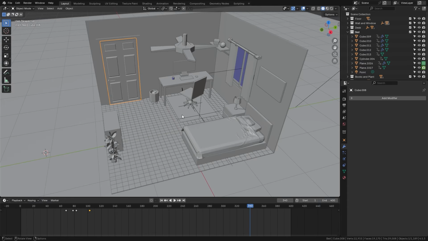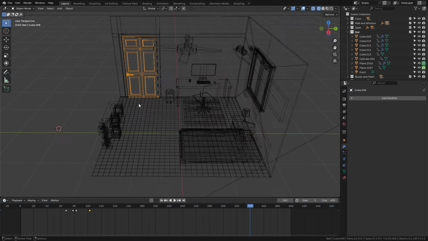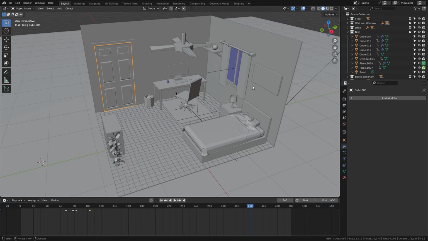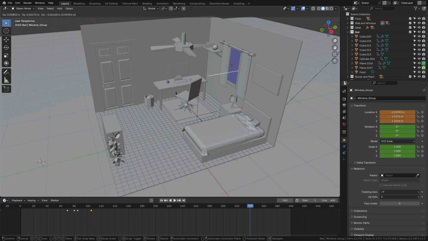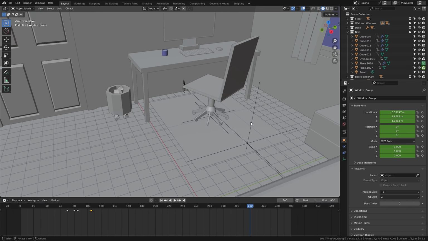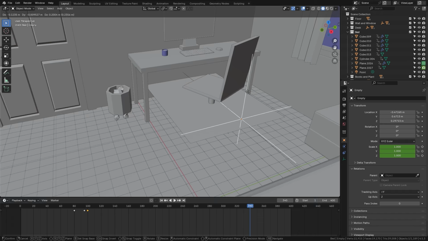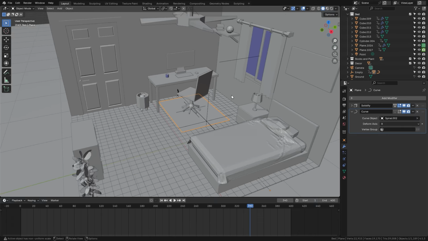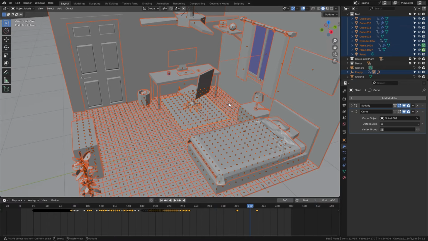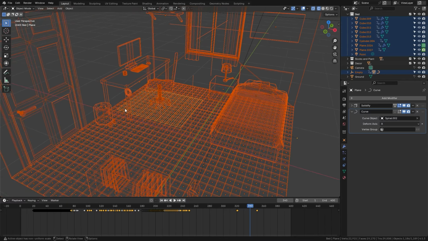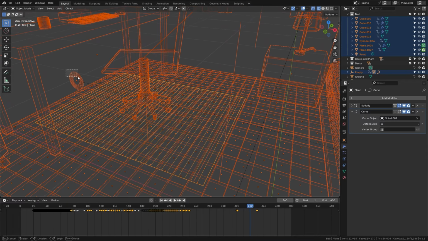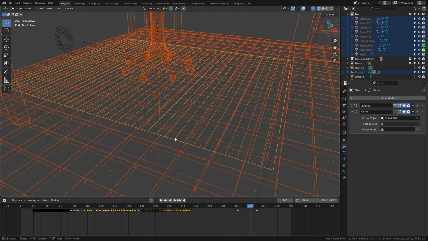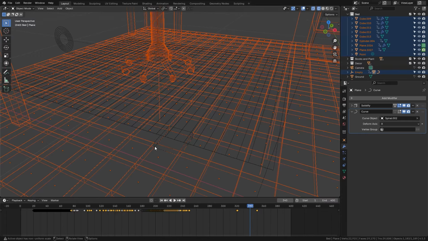Next, we need to select all of the objects that we want to scale down. In this case, it's basically everything except for the window frame. We're going to be scaling the empty object here and also the empty object for our mat here. We don't want to scale this object or the spiral or anything like that. So we'll press A to select everything, and then I'm going to deselect by pressing B with the middle mouse button, deselect the spiral, and then we'll just deselect the mat right there